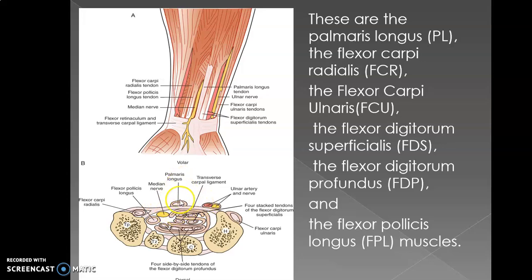One is the palmaris longus, I already told you that. Then on the medial side you have the ulnar artery and the ulnar nerve, the artery colored in red and the nerve colored in yellow. Then the middlemost portion, above the hamate bone, you have the tendon of the FCU, flexor carpi ulnaris. Then on the lateral side, the lateralmost, naturally on the volar aspect, you have the flexor carpi radialis. Then inside you have the yellow, that is the median nerve.